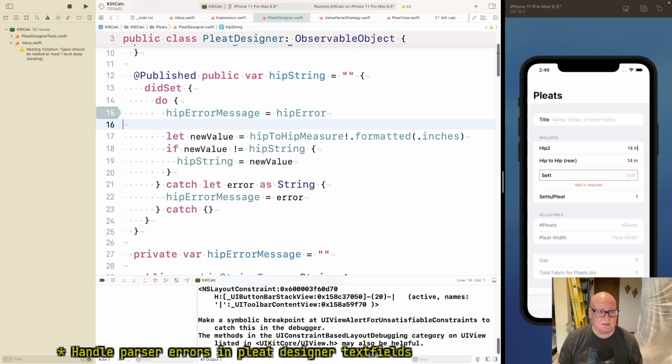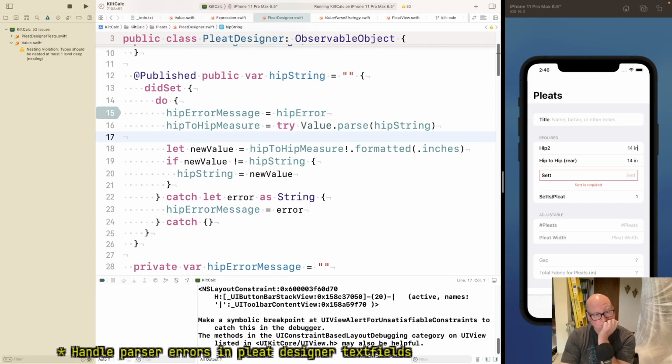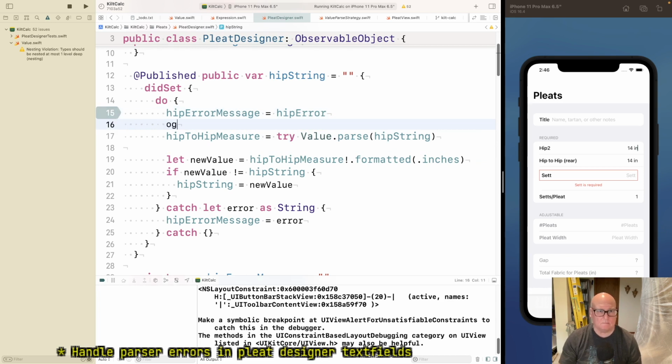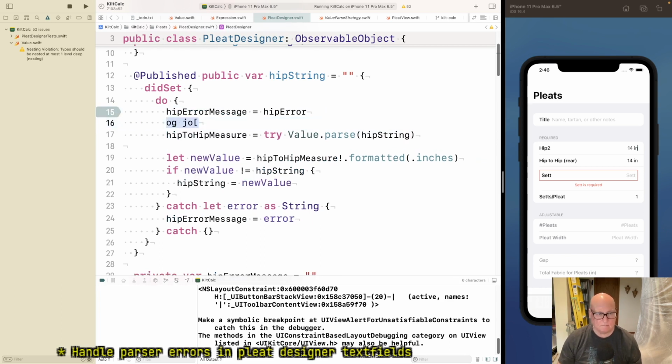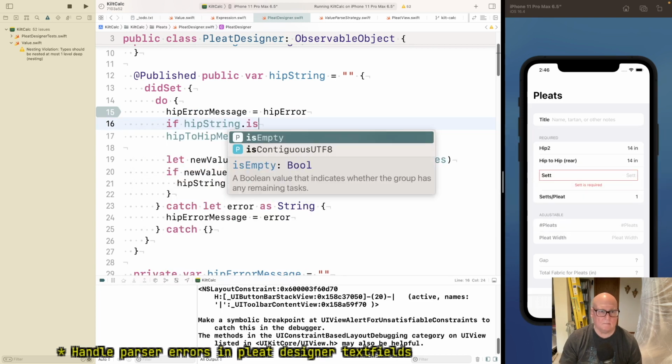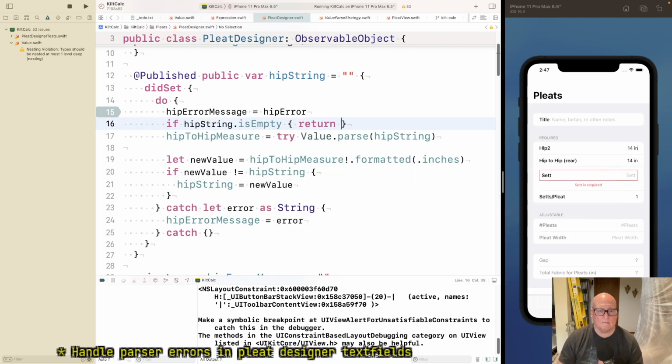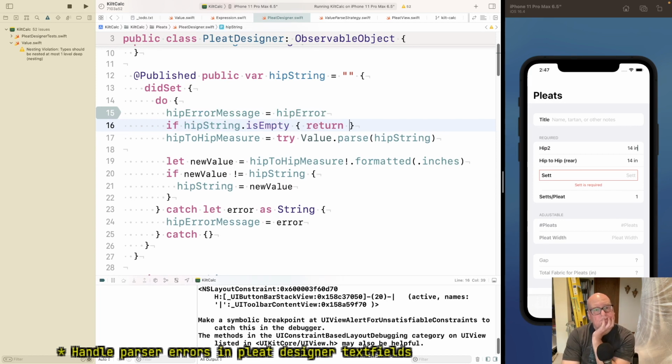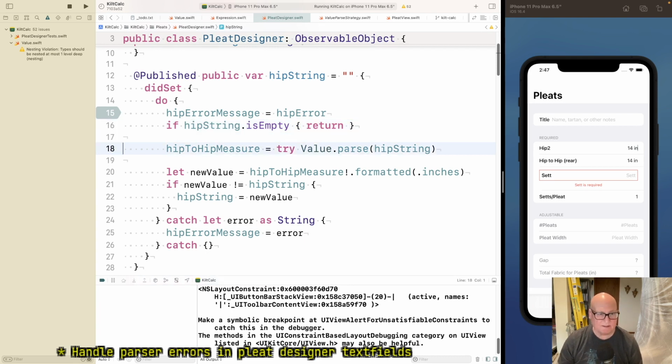Let's move this down. This should at least prevent the no value found thing.